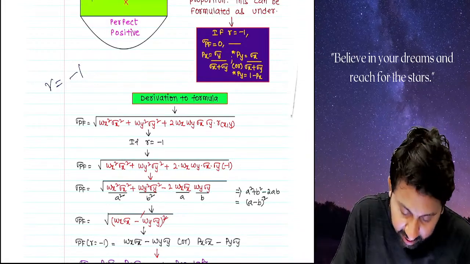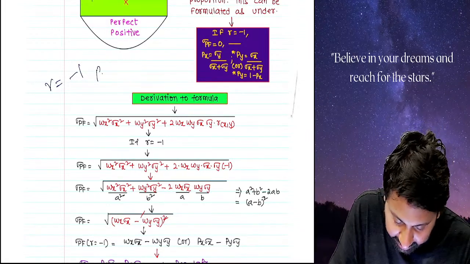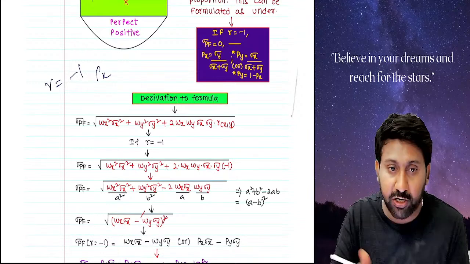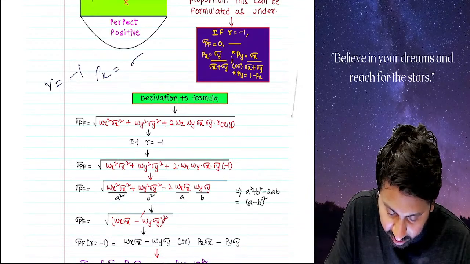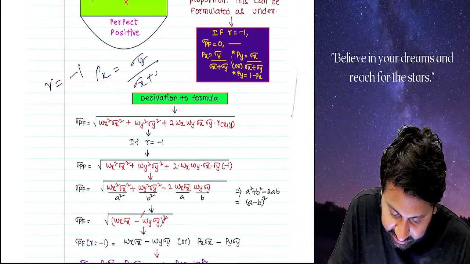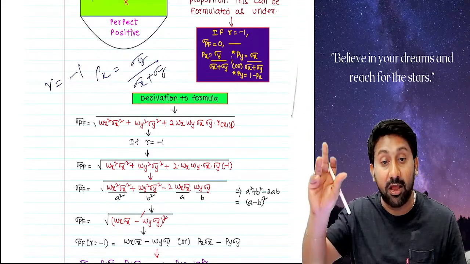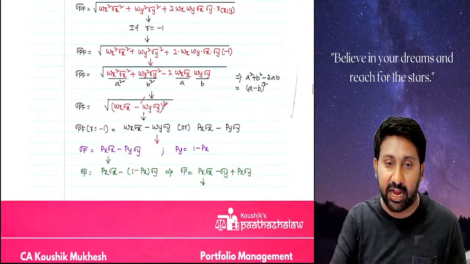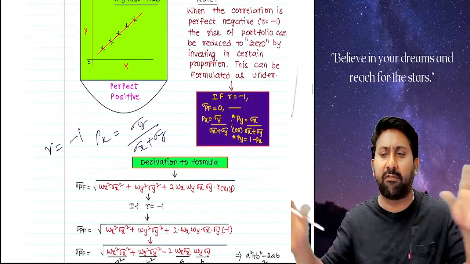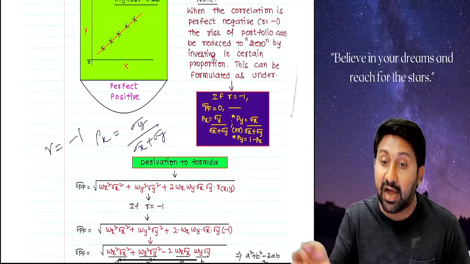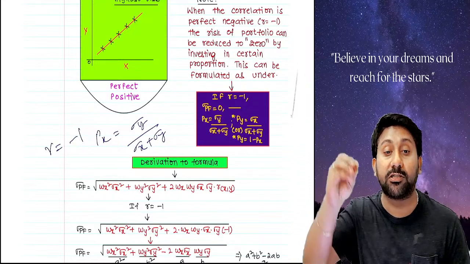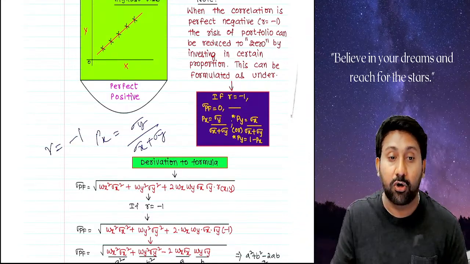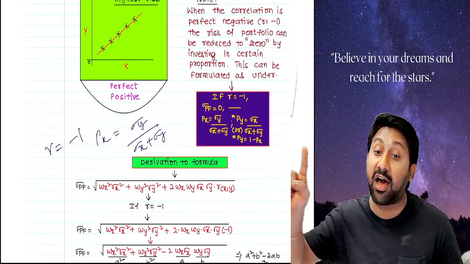What is the formula? Px means weight of x, the proportion of x in the total portfolio, should be sigma y by (sigma x plus sigma y). Don't ask the logics. Already the derivation also I have given in the regular class. This is not the time. Just remember when this formula will be used. When he asks a question in the exam saying in what proportions we have to invest in x and y to make the risk zero when r is minus 1, use this formula.